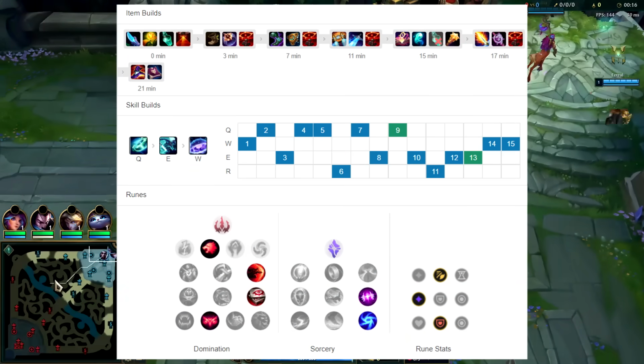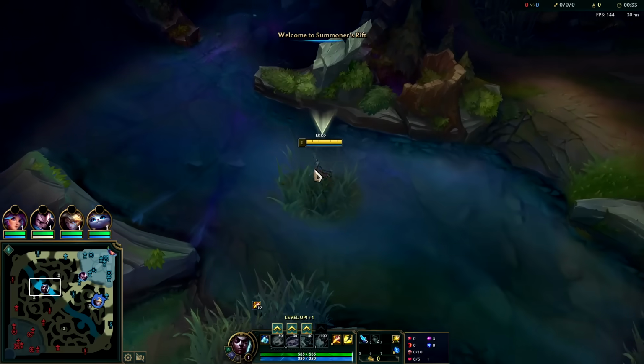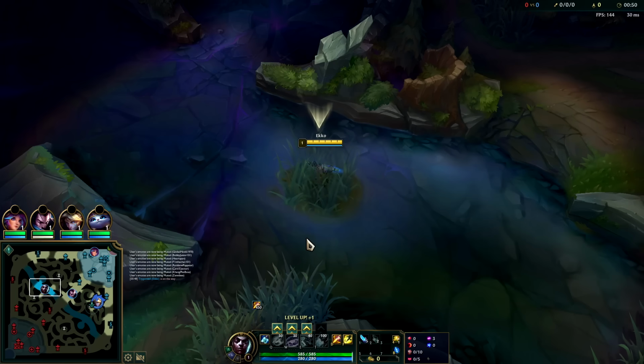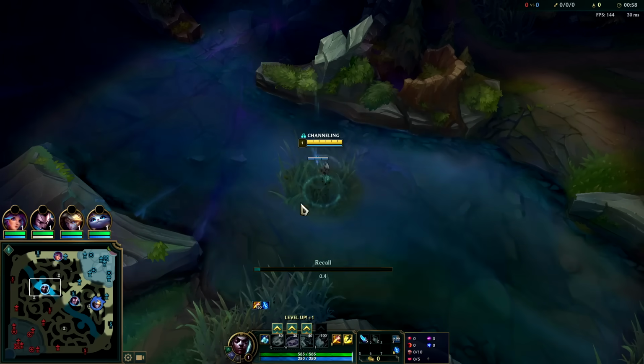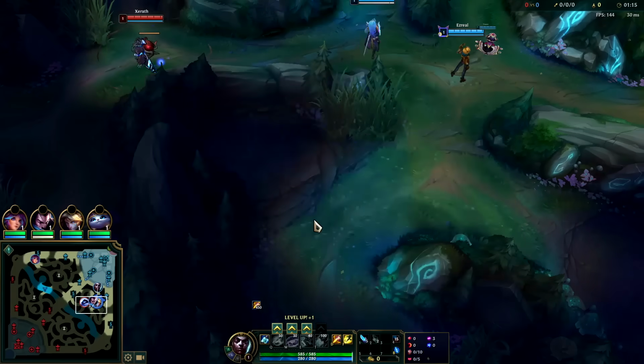Gonna be showing you how to play Ekko jungle like a pro in 14 minutes. For your runes, you're gonna want Predator, Sudden Impact, Eyeball Collection with Ingenious Hunter, Absolute Focus, and Gathering Storm. Ekko's Dark Harvest page still works. The Predator page is starting to take over the meta a bit, and it makes your ganks a lot more